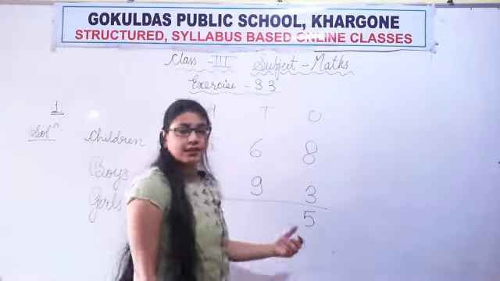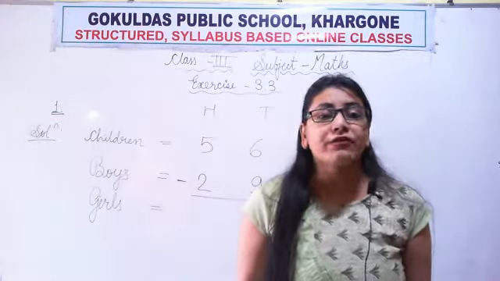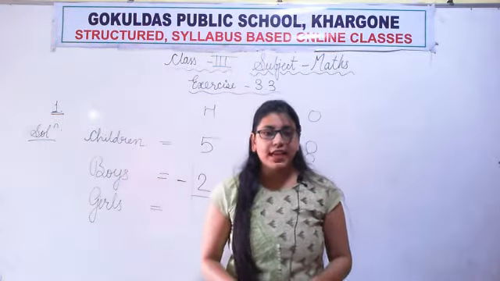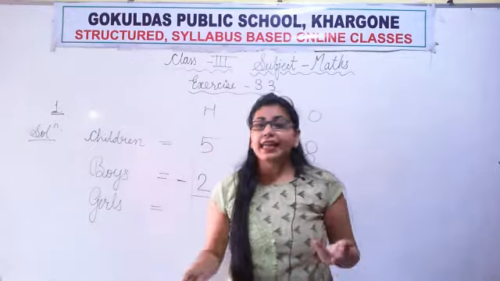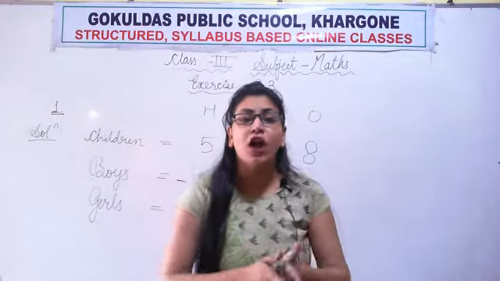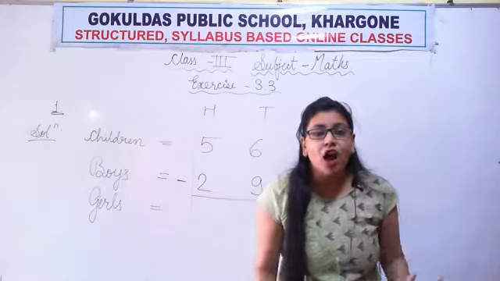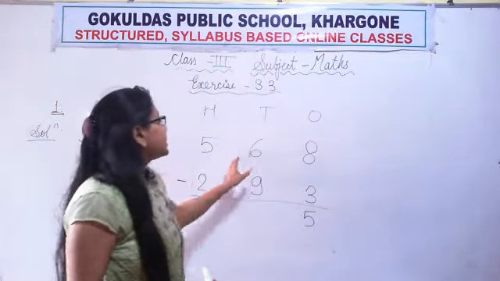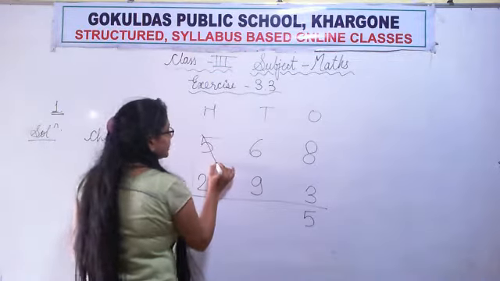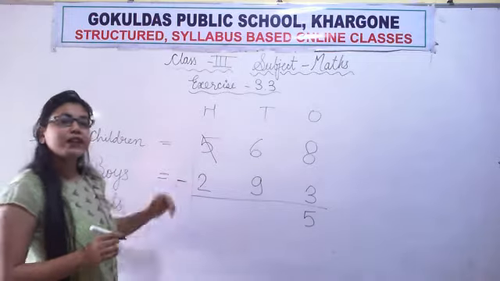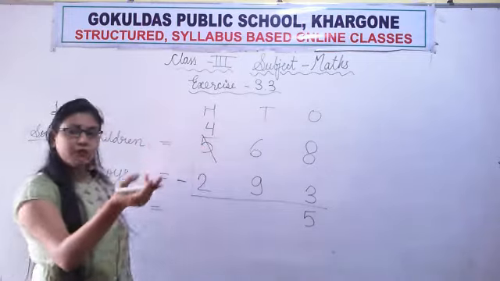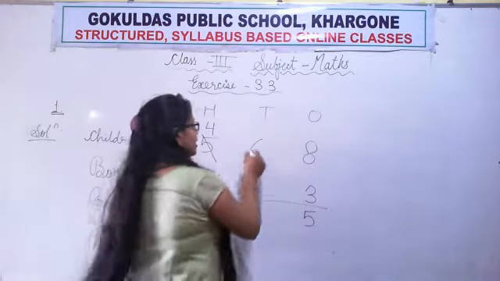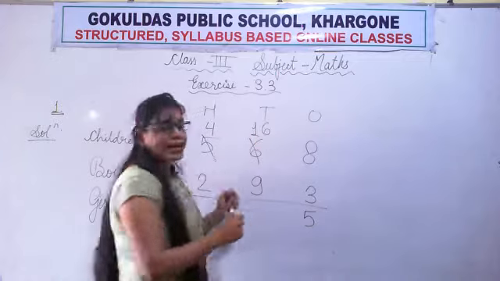Okay. Now it's time for the tens column. 6 minus 9 is there. So can we remove 9 from 6? Yes or no? No. Why can we not remove 9 from 6? Because 9 is the bigger number and we always subtract a smaller number from a bigger number. So this tens place will borrow from the hundreds place, from this 5. This 500 will become 400 after giving 100, and after taking 100 from the hundreds place, this 6 tens will become 16 tens.